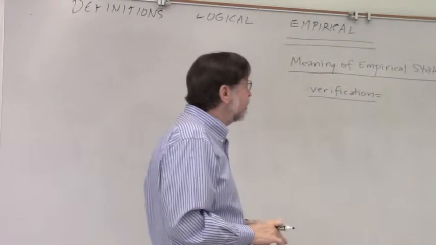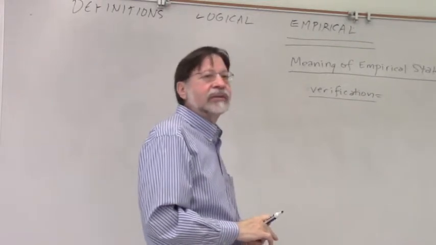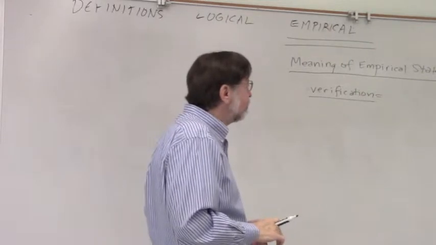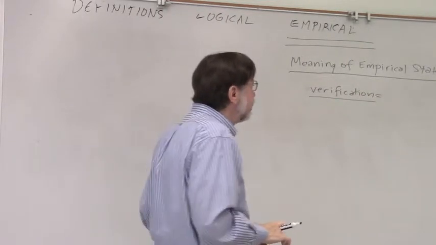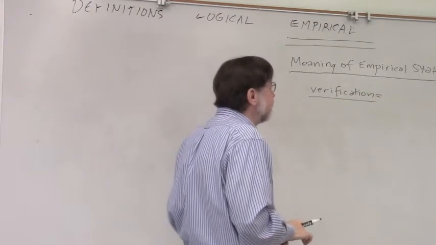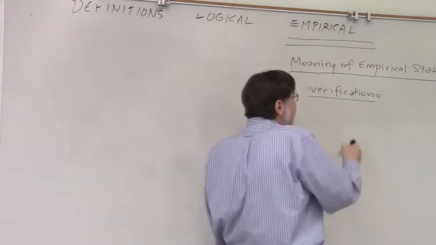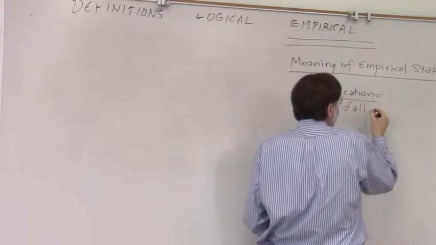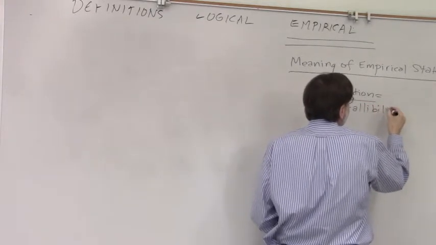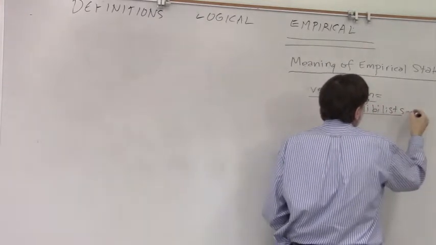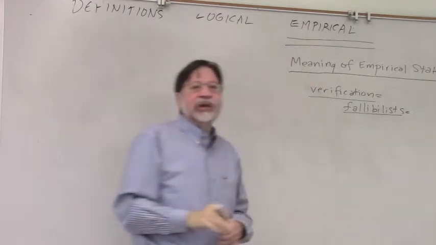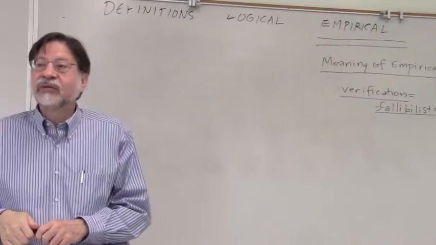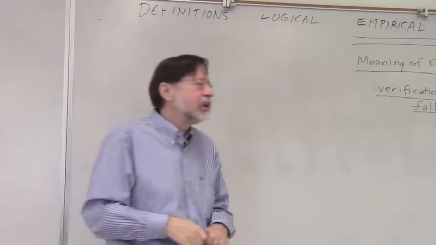But the principle of verification is too strong. This position is too strong because it leads you into concluding that nothing is really meaningful. An argument against it was presented by the fallibilists. The principle of verification was that a statement could be verified, meaning shown to be true or false.